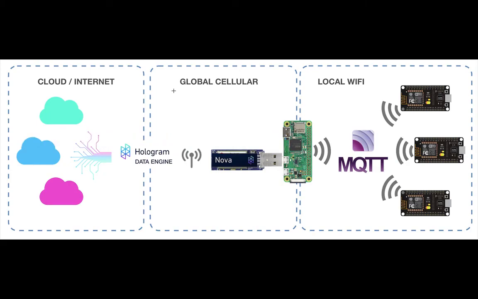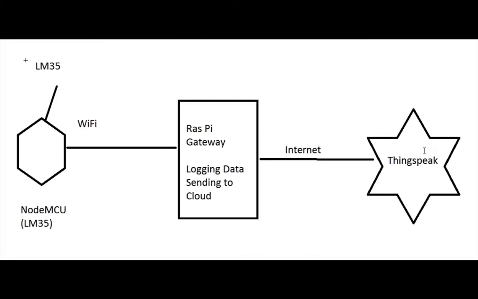So without taking time, I'll show you what I'll be doing in this demo. See, here we will be using only one node because it is just a demo. We will collect temperature data using LM35. That data will be collected on Node MCU. Node MCU will send that data to gateway. In our case, that gateway is Raspberry Pi, and that temperature data will be logged in one text file on Raspberry Pi 3 itself, and then that data will be sent to the cloud on ThingSpeak server.